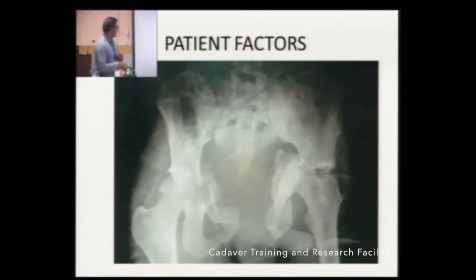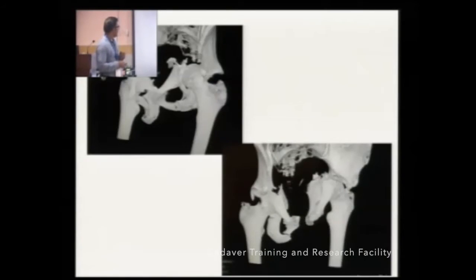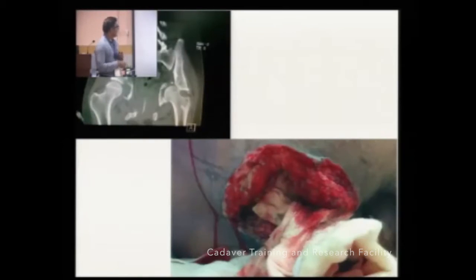So patient factors, if you look at this, we got this scan from a hospital, and obviously both of us thought it looks such a good fracture. We'll apply a plate from here to here, and then we'll reduce this T-shaped pattern and fix up everything. We took the patient, and this was the scan, and when the patient landed up, this is from the back side. From this wound, we could see the prostate, we could see the dislocated femoral head in the pelvis, and the patient had a lumbosacral spine injury, he had a colostomy done, he had a bladder injury for which a suprapubic cystostomy was done. So he was in such a bad shape. We just looked at the